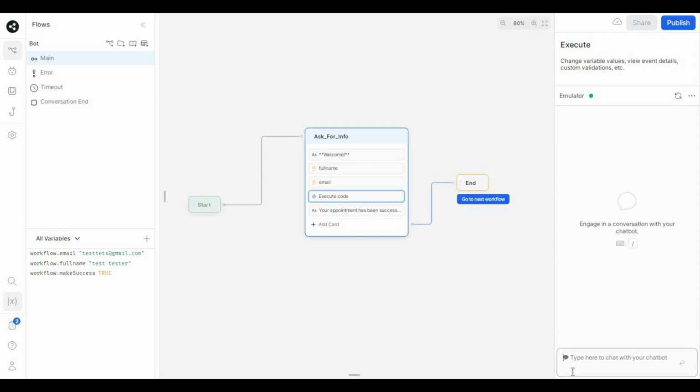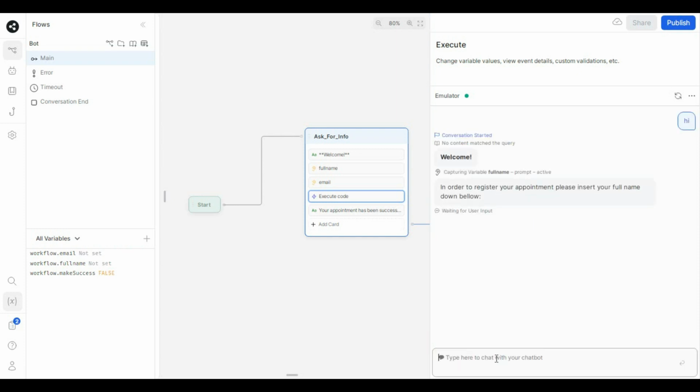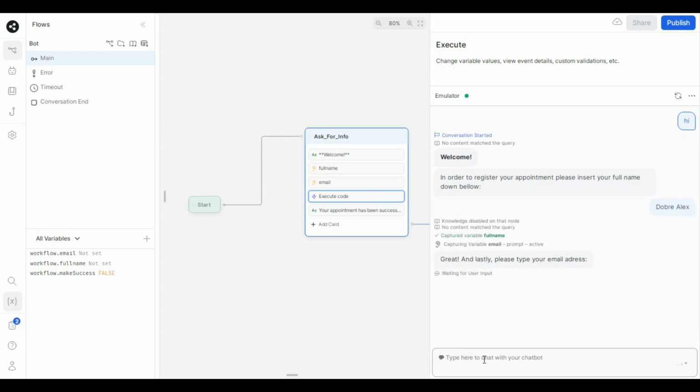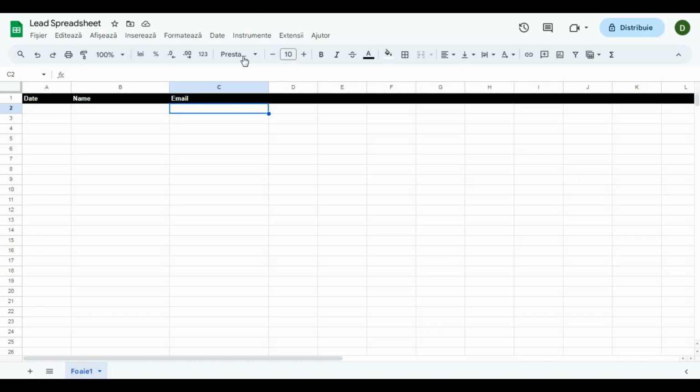Let's refresh the emulator here. Let's actually make this larger for you to see. Let's say hi. In order to register your appointment, please insert your full name down below. And let me actually use my real name. And I'm not going to use my real email address, but I'm going to use my official one. And success. And now if we go here,